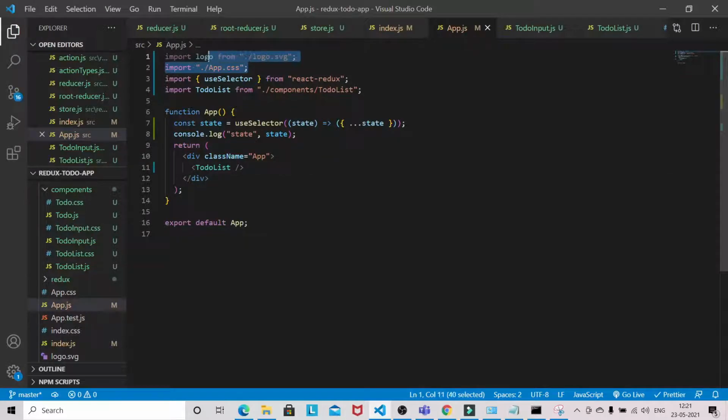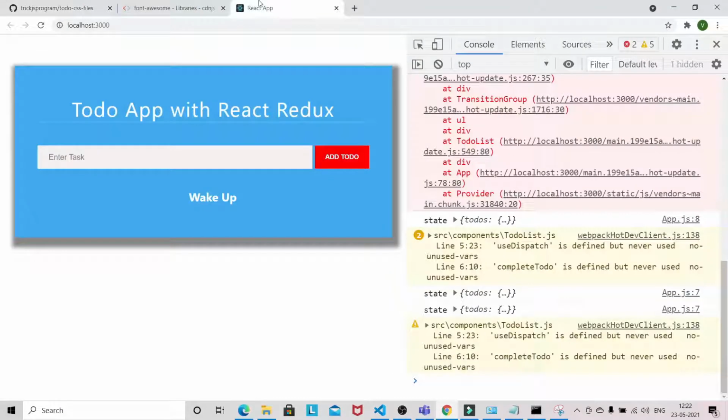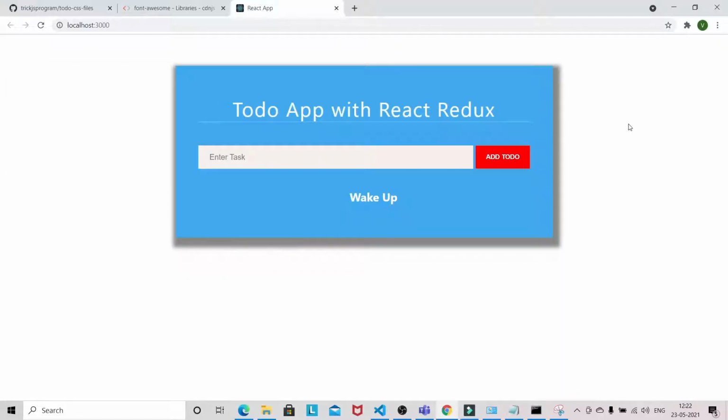This component is not required. Okay, let's see whether we have any. Okay, you see we are able to render this, and the state which we have declared is also printing here. Okay.